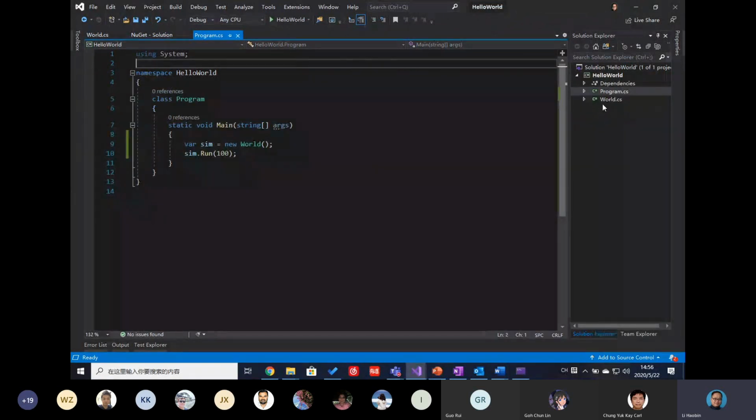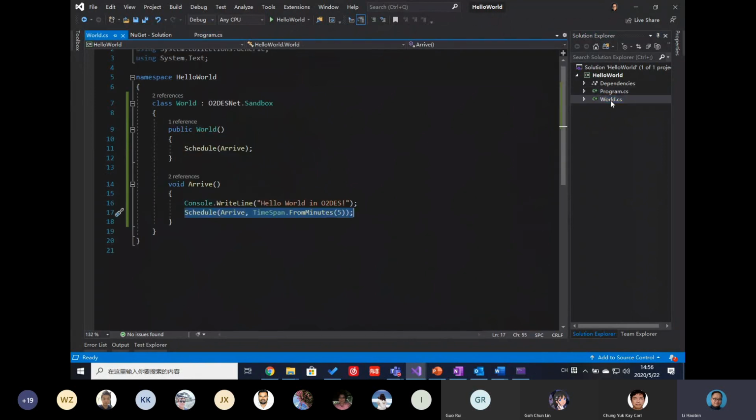The reason is that we can use this to track the time when this event is happening. Now this time is deterministic. The inter-arrival time is deterministic, every 5 minutes, but later we can add randomness or a lot of logic into that, and then it will become more and more meaningful. But now, in order to show you that the clock is actually running,